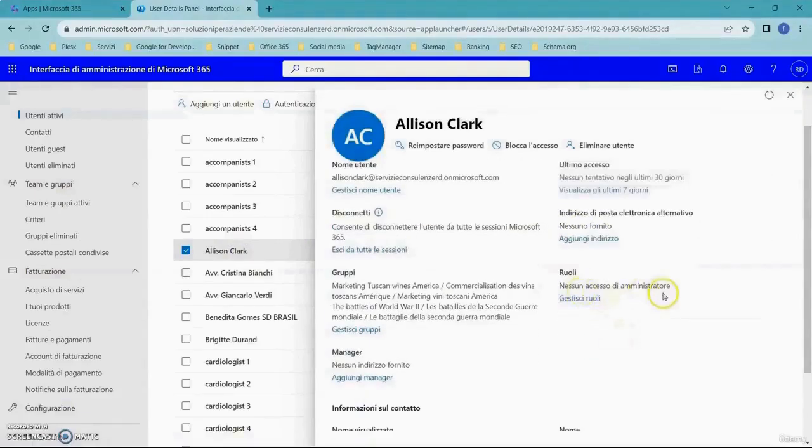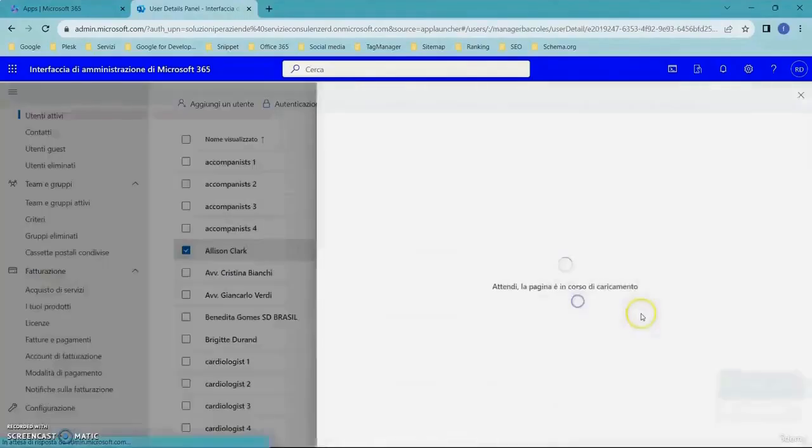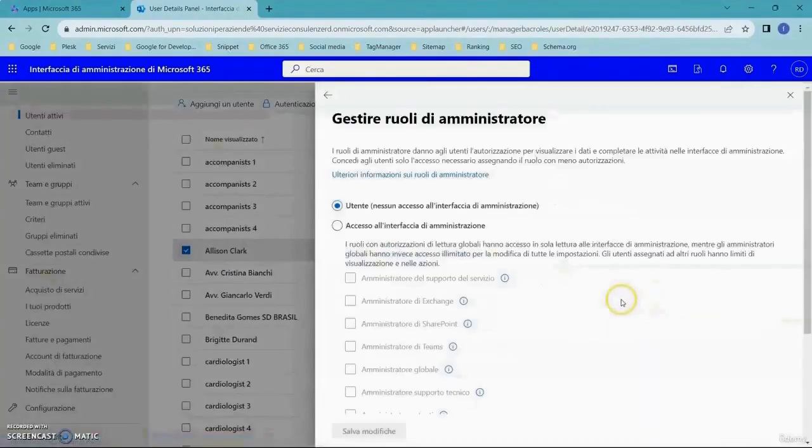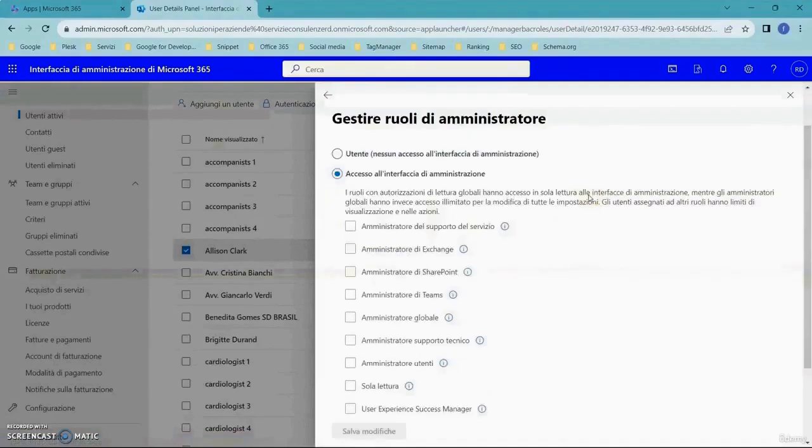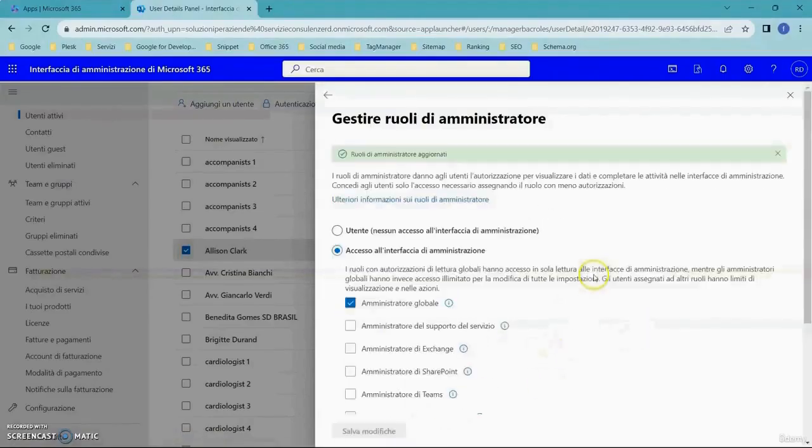Manage Roles. I will first choose that this user has access to the administration interface, and then choose which administrative role to assign to this user. Next, global administrator, and save the changes. At this point, Allison Clark is a global administrator.